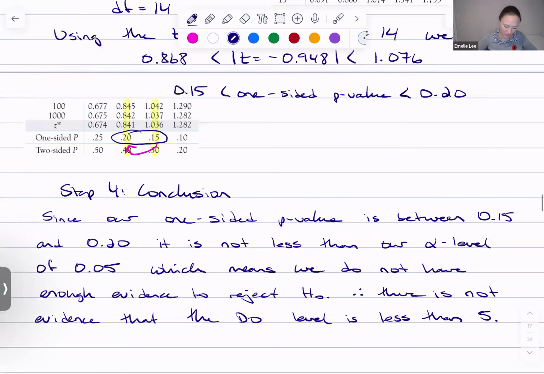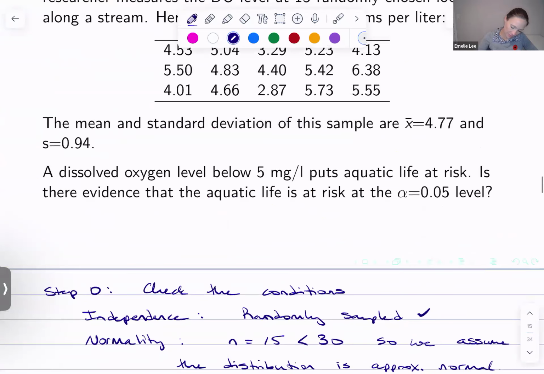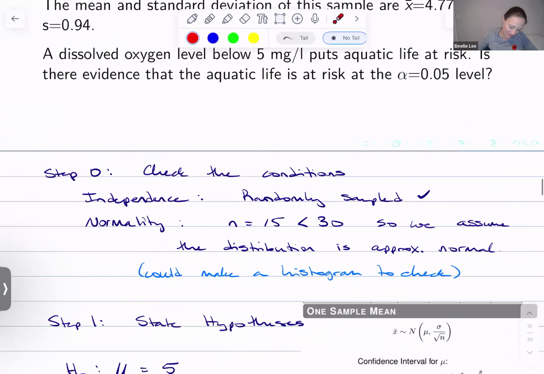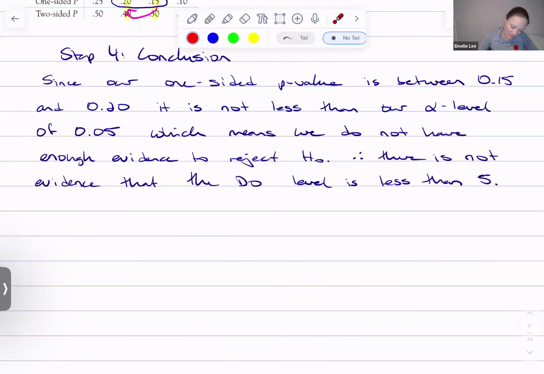Or some version of that, right? So, is there evidence that the aquatic life is at risk? No, there isn't. So maybe that's what I should say. Therefore, there's not evidence that the dissolved oxygen, I'll put this in brackets,